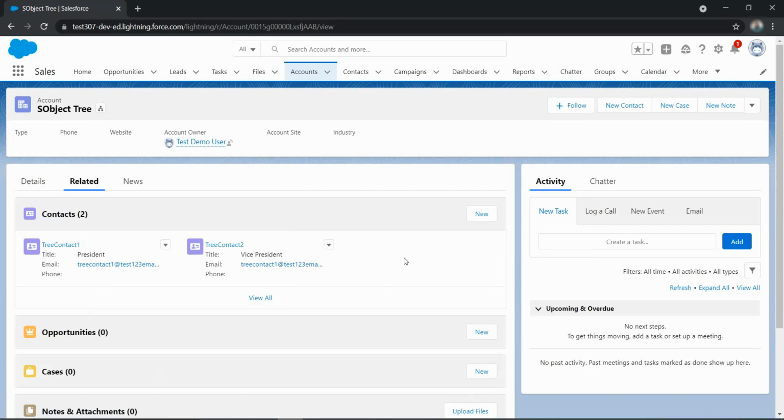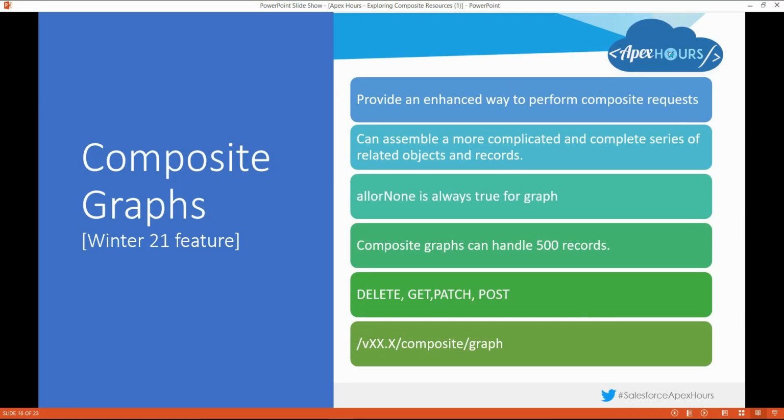Now let's move on to the next composite resource. Next is my favorite composite resource, which is the composite graph. This was released in winter 21. It provides an enhanced way to perform composite requests. It can assemble a more complicated and complete series of related objects and data. You can always choose whether to do an API call for related or non-related data. Here, for composite graphs, all or none is always true. That means it will enable you to ensure that the steps given in a set of operations are either completed